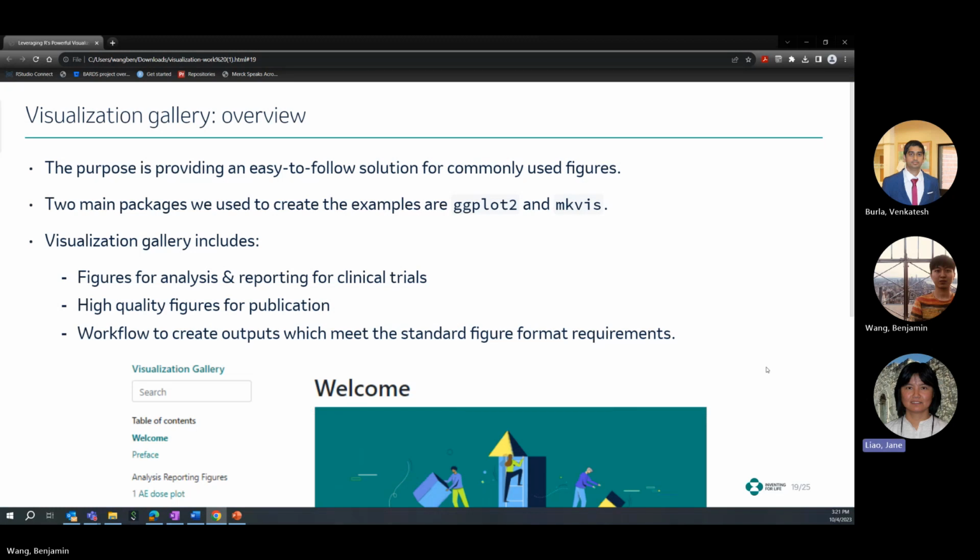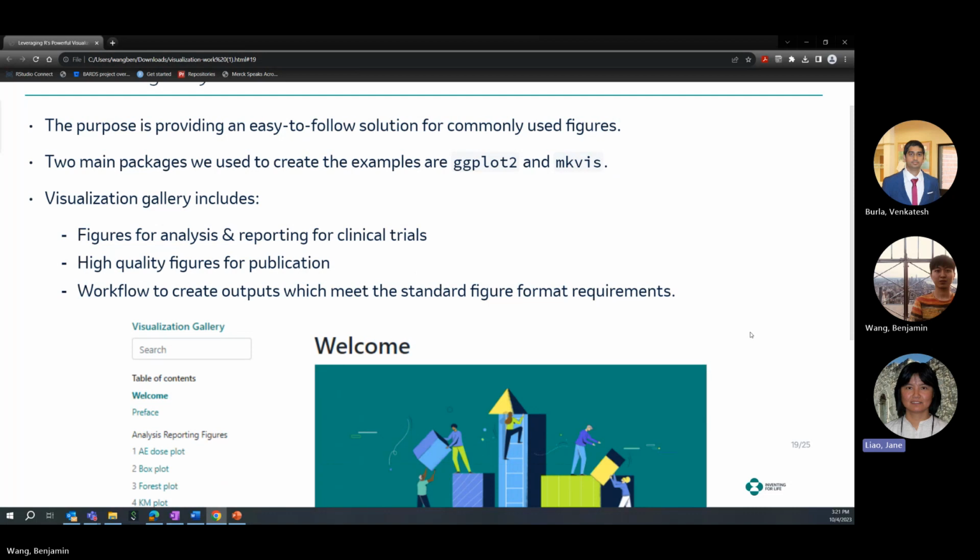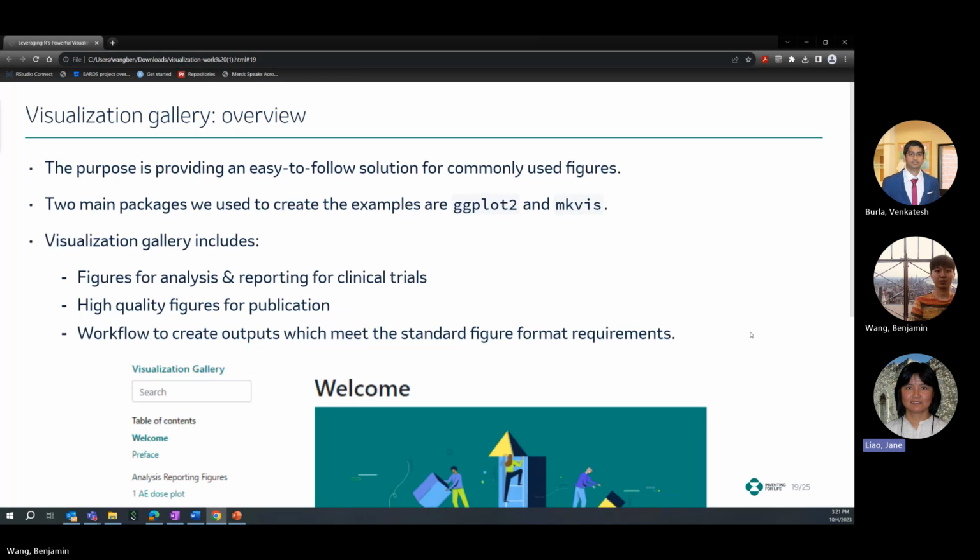So for the visualization gallery, we provide an easy to follow solution for commonly used figures. In this section, we mainly use two graphic packages. One is an external package, ggplot2, and the other one is our internally developed package, MKVs. So in the visualization gallery, we include 3 parts. The first part is the figures for analysis reporting for our clinical trials. And then the second part, we cover figures for publication. And in the last section, we mainly introduce how we can save the output, which meets the standard figure formatting